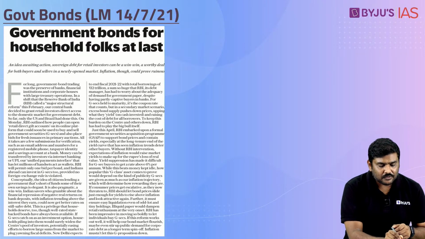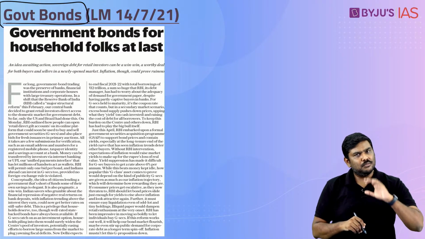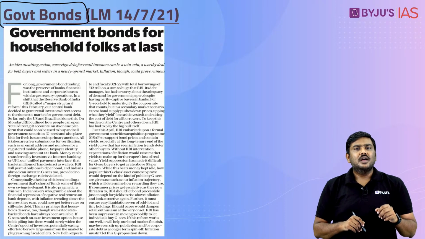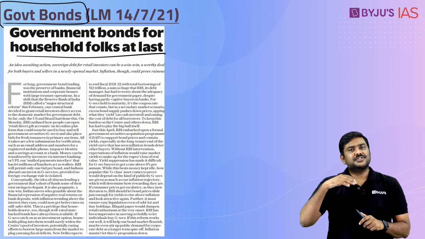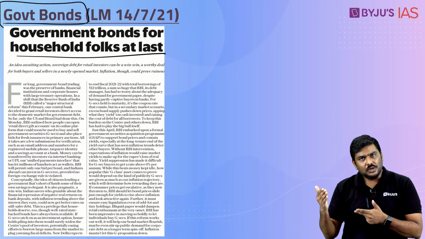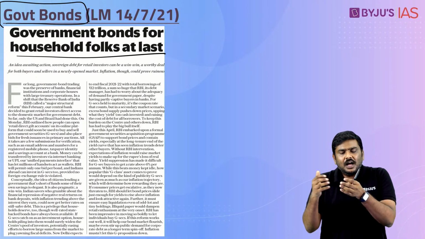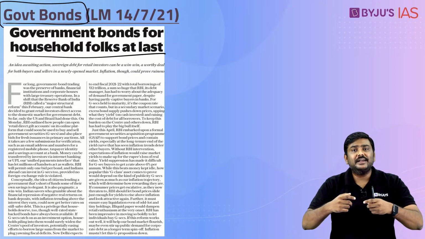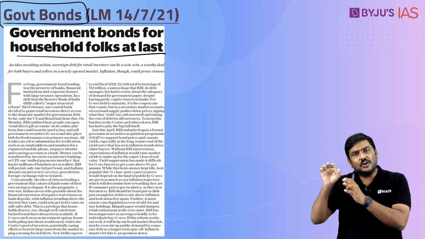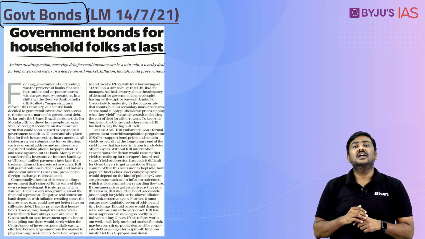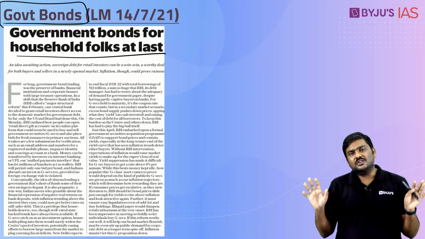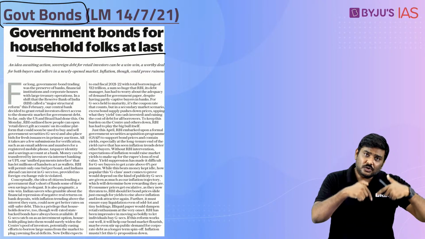Let's go to the next article, very important for the UPSC exam, both prelims as well as mains. Very recently, and just make a correction here, RBI has stated that it is going to allow the retail investors, that is the household investors, to participate in the auctioning process of government securities and also purchase these government securities. Now this is not a very new announcement. The guidelines have been issued very recently.